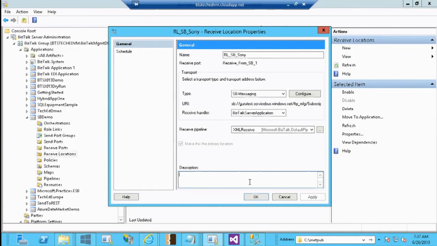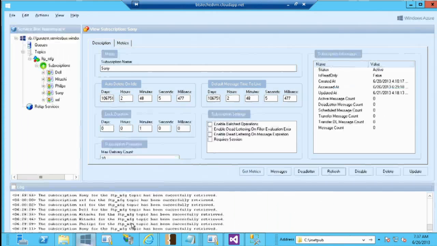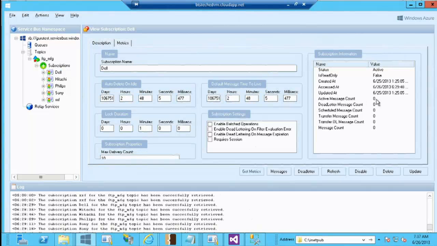So yes, Service Bus becomes the endpoint for receiving these incoming requests and is used as a store and forward mechanism. So this pattern is called store and forward. If you look at Service Bus, let's learn, there is a tool called Service Bus Explorer. I have a simple scenario: I have 4 electronic manufacturers, Dell, Hitachi, Philips, and Sony. And if you look at every one of them, expand on Dell, for instance.